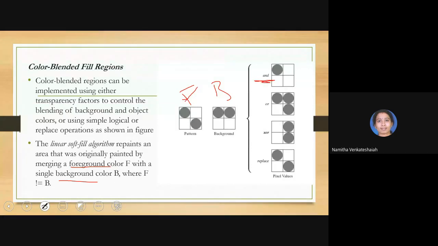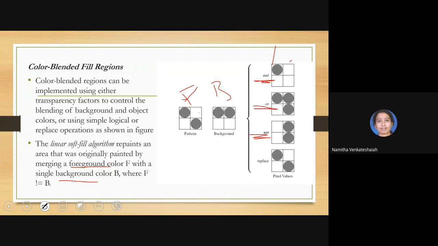So what ANDing operation will happen? This pixel ANDed with this pixel. What happens? You will get a pixel here. 1 AND 1 is 1. And this ANDed with this 0, nothing will be filled. This ANDed with 0 and 0, nothing. Something AND nothing is again nothing. Okay, that's how we can blend. If you AND it, this is the blending result of foreground and background. Similarly, if you OR, something is present here, so it will be something. Nothing OR something is also something. Nothing OR nothing is nothing. Something OR nothing is again something. This is the ORing.